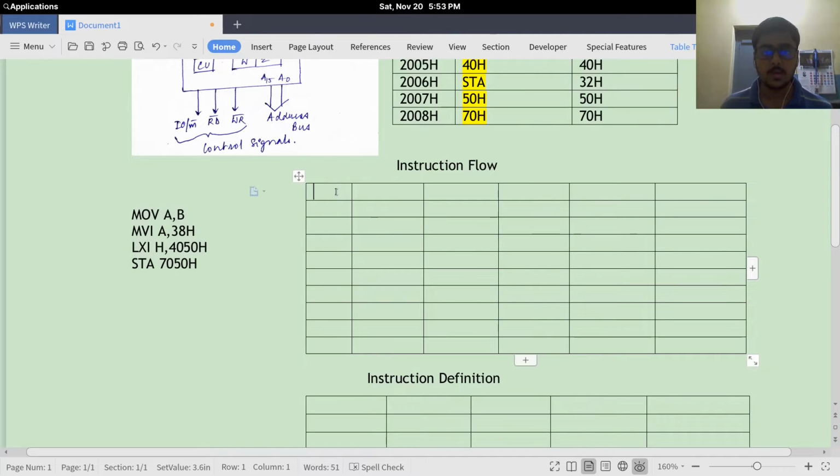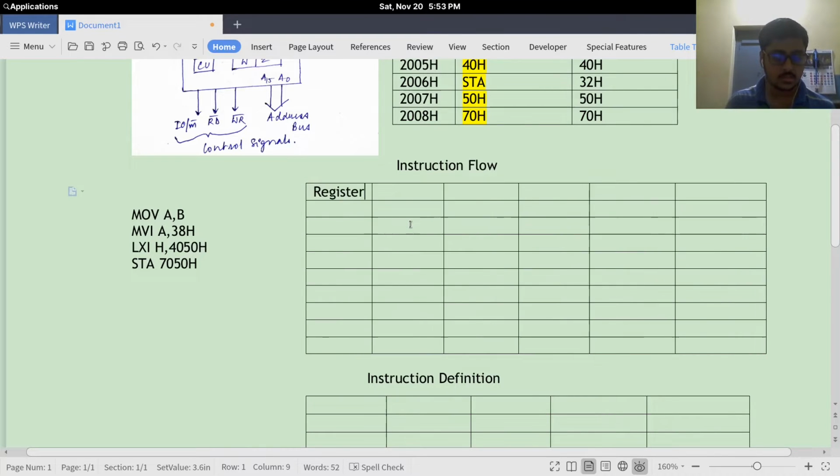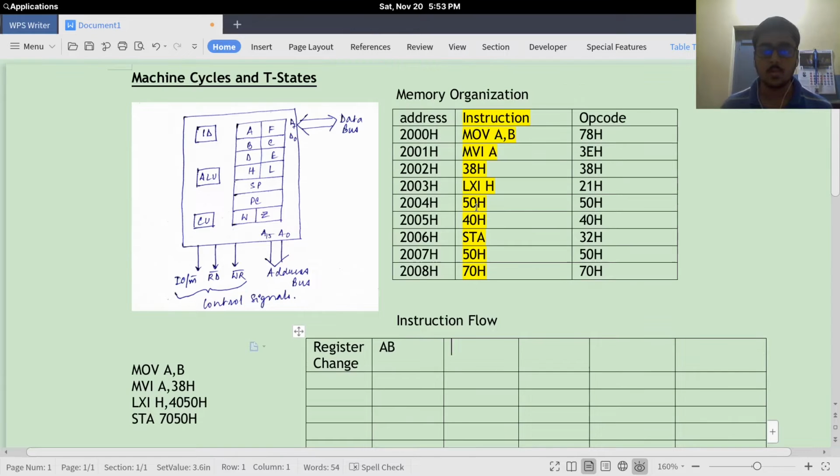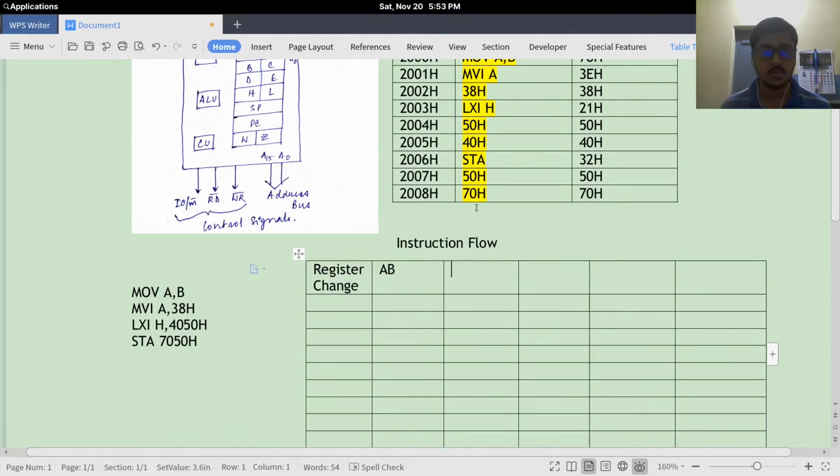In the first column, we have register change, where any changes in the registers are stored. Second, we'll be storing AB. What is AB? AB is the contents of the address bus, what data we are moving on the address bus.